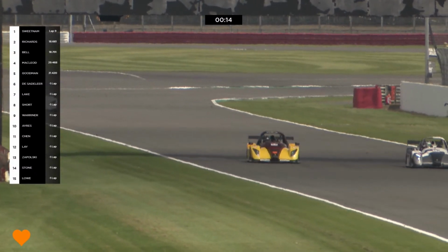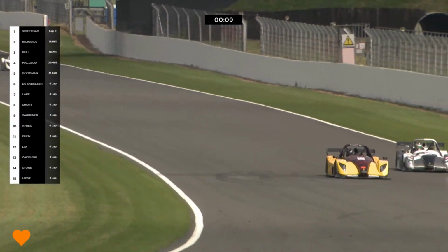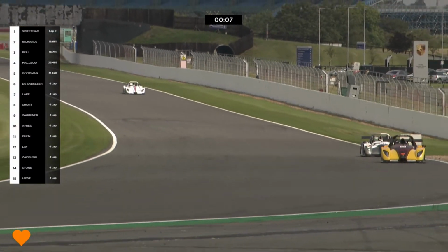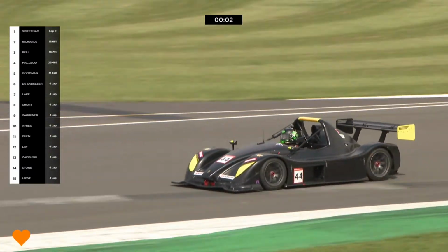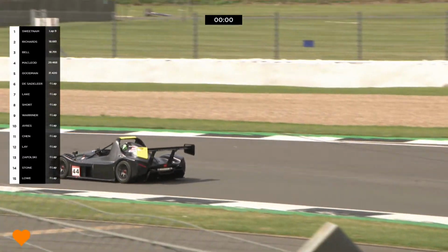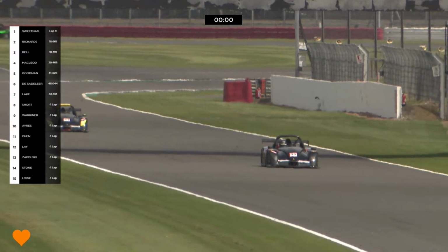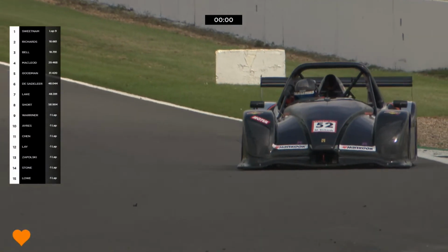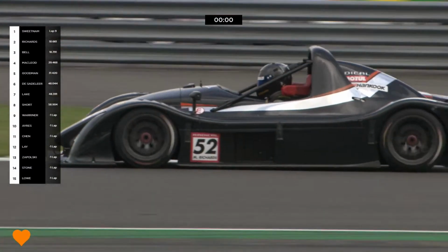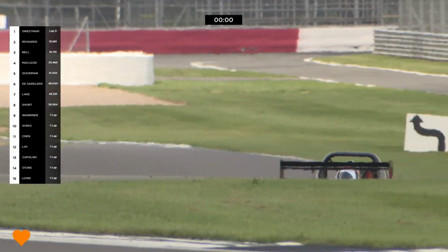But for our race leader, this is going to be a first win this season, and I think the first win ever in the Radical Challenge Championship for James Sweetnam, still carving his way through and past some of the traffic. There is the number 52 car of Mark Richards, and there is the car that was in 2nd place, Matt Bell, who has now been caught and passed by the 52 car. So a stunning charge from Mark Richards that will also net him the fastest lap of the race as well, and that comes with, I think, an extra championship point. Yes, it does, in the Radical Challenge Championship. So that extra championship point for the fastest lap is at the moment going the way of the number 52 car